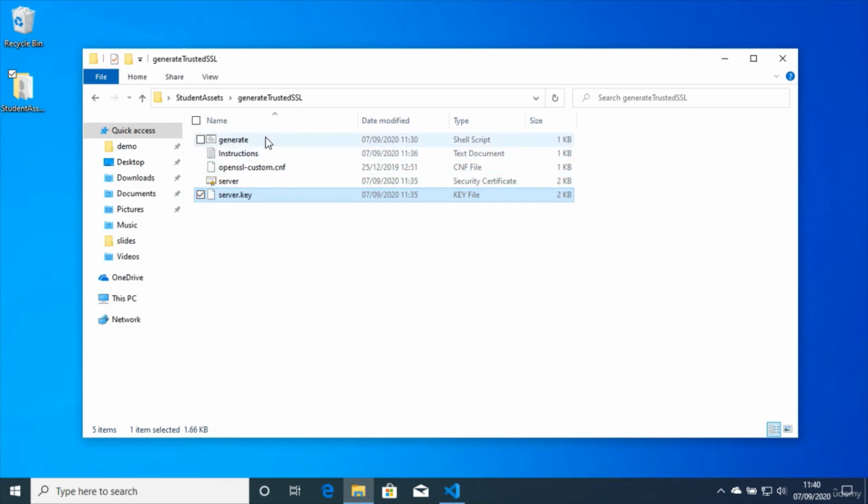Now there is a shell script and there is some configuration, but you do need to have OpenSSL installed to make use of that script. And these certificates, or the certificate and the key, are valid for 20 years. So it should be long enough to operate, and hopefully you'll have finished the development of this application within that period of time. So what we'll do is we'll make use of this server certificate and this server key,